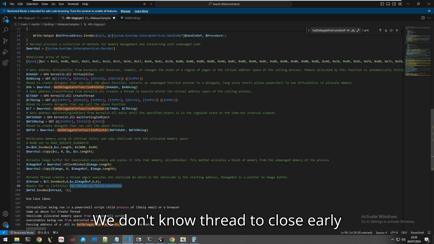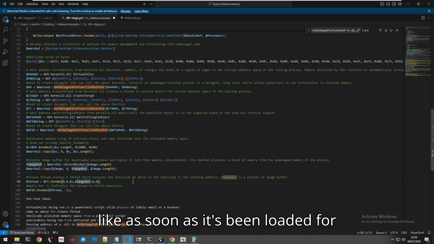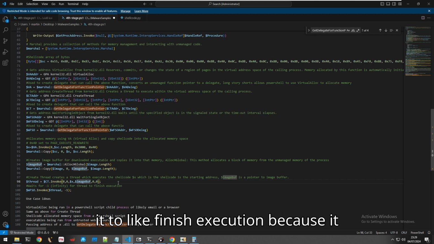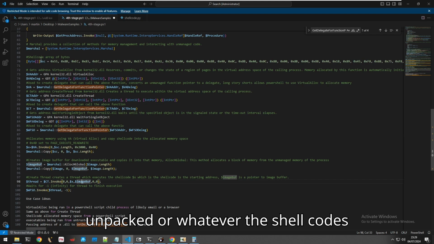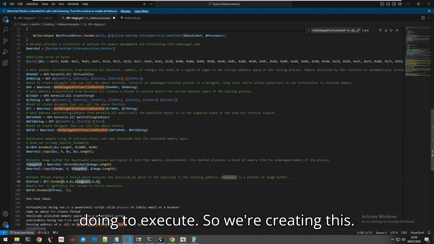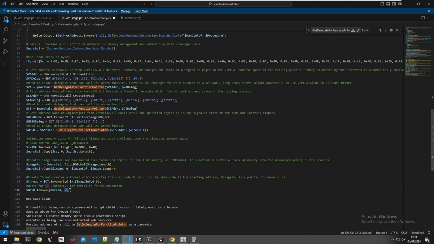We don't want the thread to close early because it's being created from this PowerShell process. We don't want it, as soon as it's been loaded, to finish execution, because it won't have time to execute, if it's being unpacked or whatever the shellcode's doing. So we're creating this, well, I say we, the malware author has created this